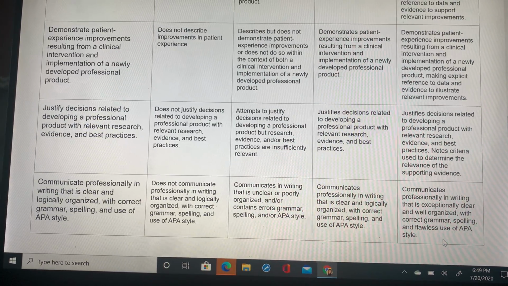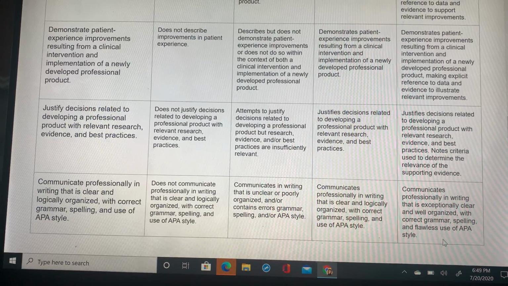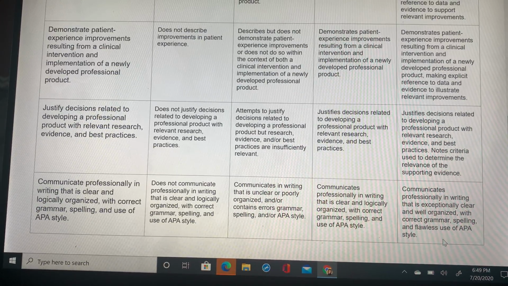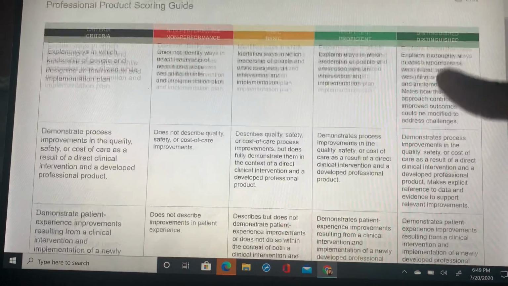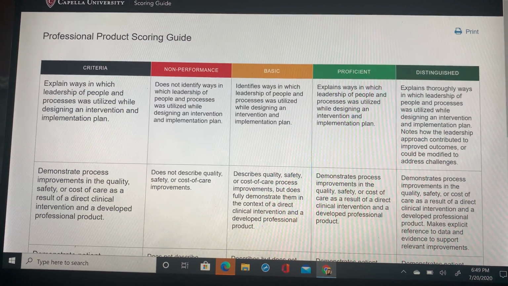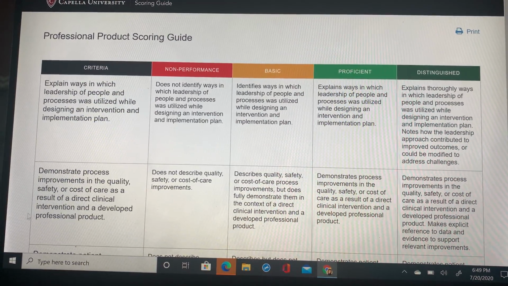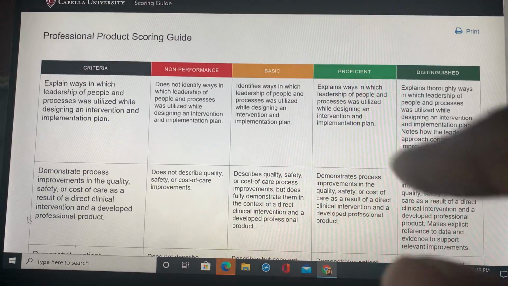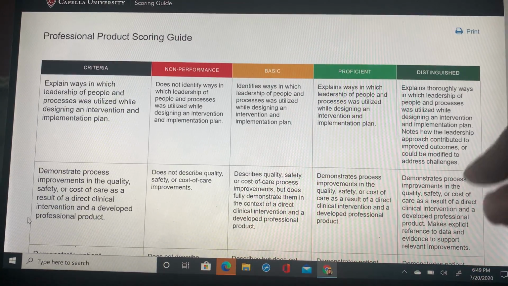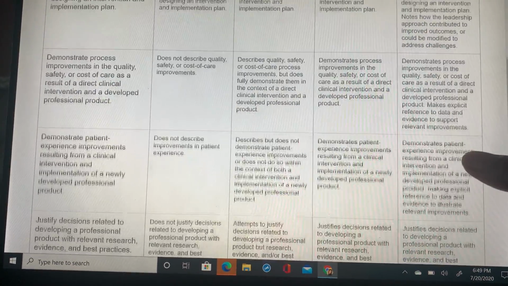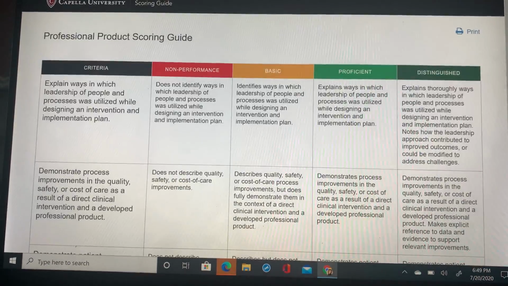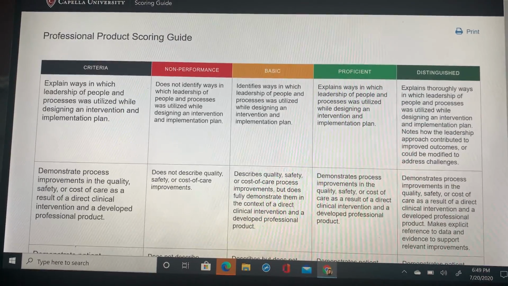Distinguished. Communicates professionally in writing that is exceptionally clear and well organized with correct grammar, spelling, and flawless use of APA style. So this is also referred to as the rubric, even though it doesn't say it. So basically, these are your paragraphs, and you have to make sure you have all of this in that paragraph that you're writing. And so if we go back,